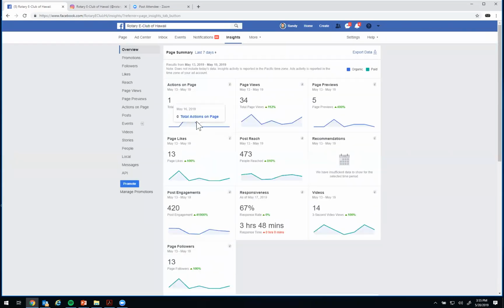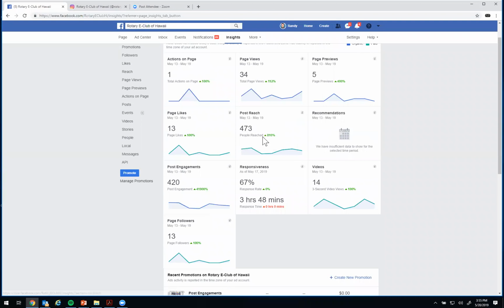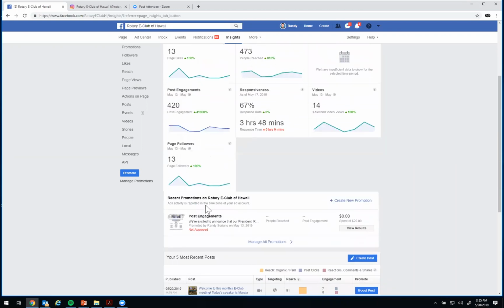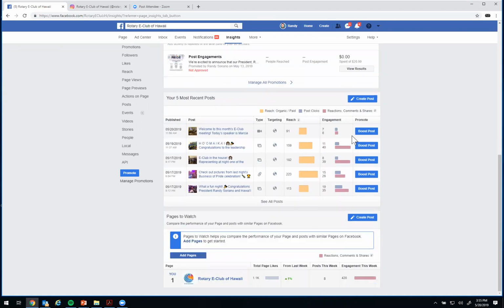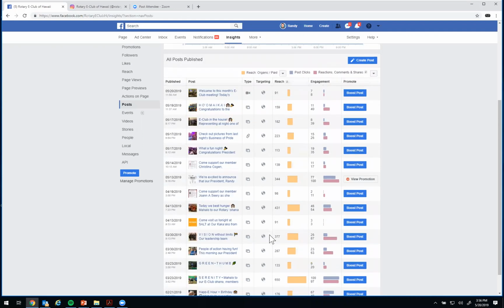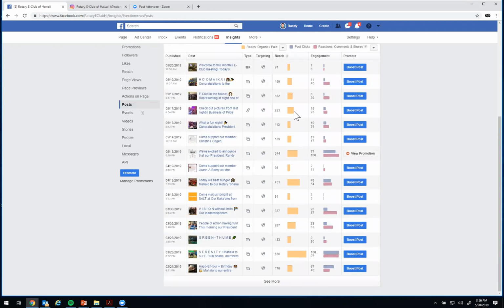Facebook is so intuitive that it allows you the opportunity to really see how your page is performing. You can see how many people are viewing your page within the last 5 days, how many people your post is reaching, how many people are engaging with your post, what your response level is, and really see what's working and what's not working for all of your posts. That's really the value of having a business page: being able to see what type of content works and what doesn't, so that you can constantly evaluate that and put out content that works for your members.